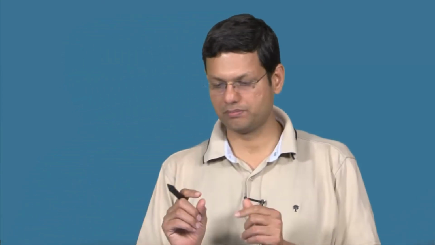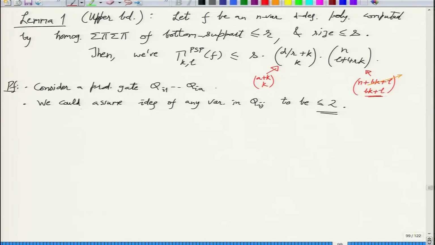Just a small point is that x1 square, when you differentiate by x1, you get x1. So that x1 will contribute. But x1 cube, when you differentiate by x1, you will get x1 square, which will not contribute. So this is why we'll keep 2 but nothing beyond. So this is without loss of generality.